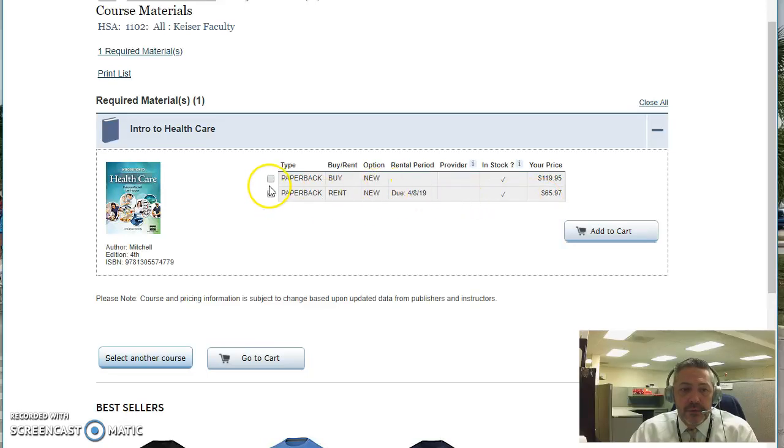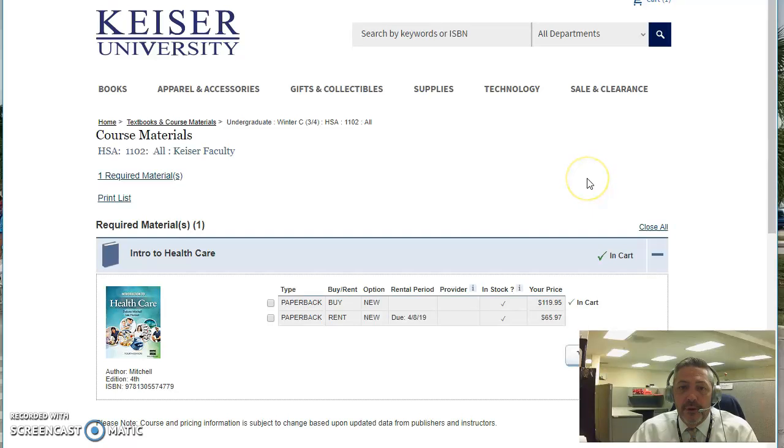So say you want to buy the book. It's just like ordering online. You add it to your cart, and then if you go back up to your cart,